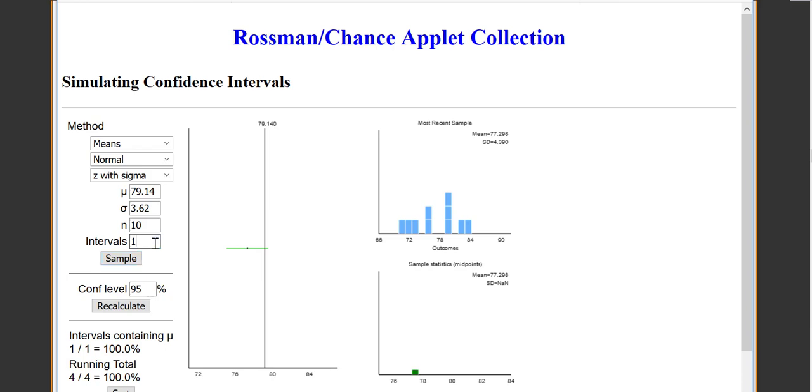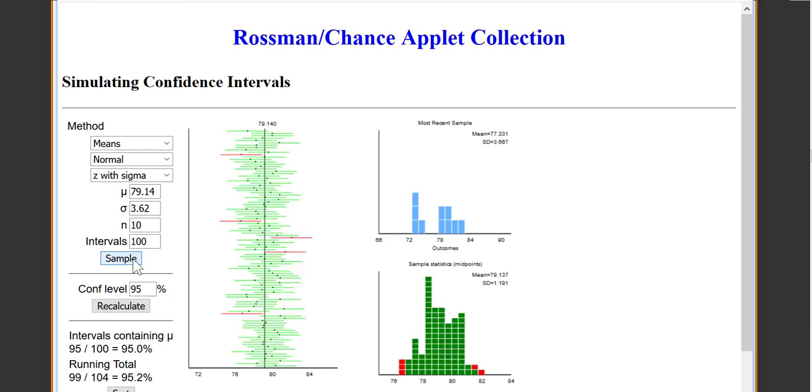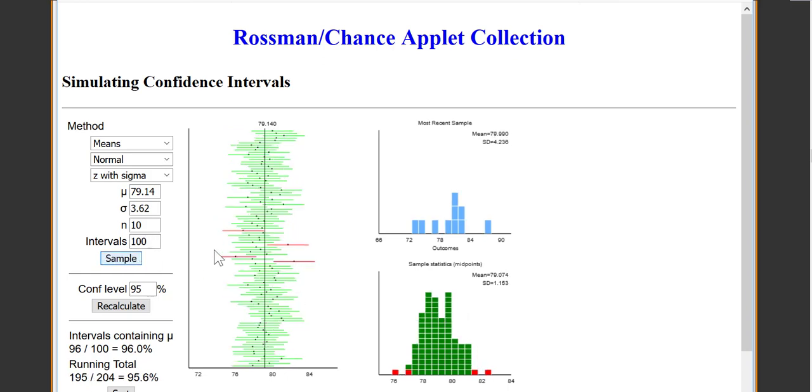Let's try doing 100 intervals. Okay, you can see these down here. All of these green spots are different sample means that we got. The red are the sample means that gave us a confidence interval that didn't actually contain our population mean mu. And out of this 100, you can see there's 1, 2, 3, 4, 5 confidence intervals where the mean was either so low or so high that our confidence interval doesn't contain our population mean mu. I could try again. This time, there were 4, so we're at 96%. When we say 95%, this is if we did infinitely many. So at just 100, we'll just be close to 95.